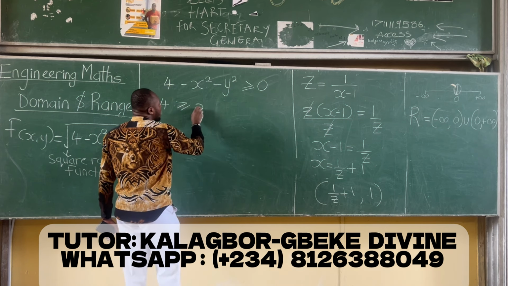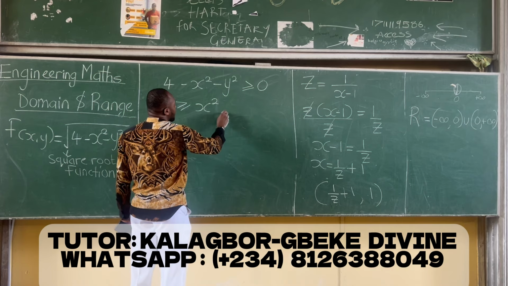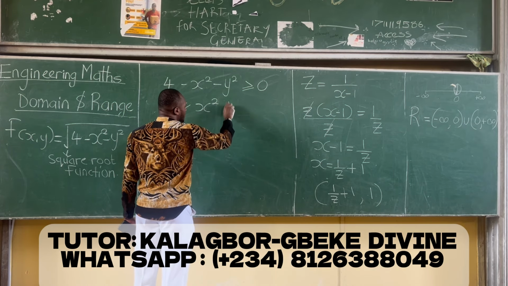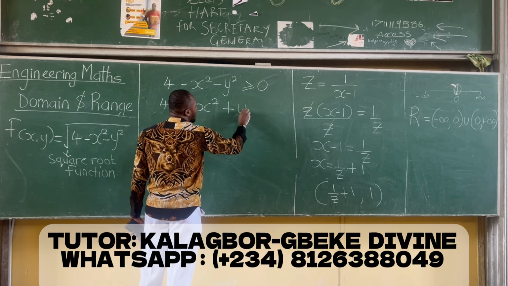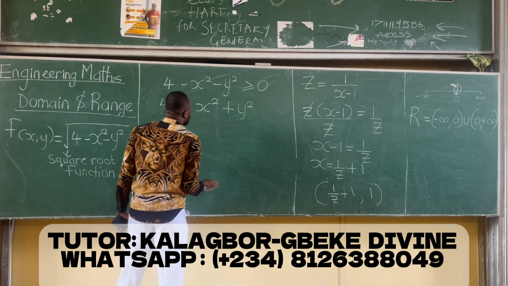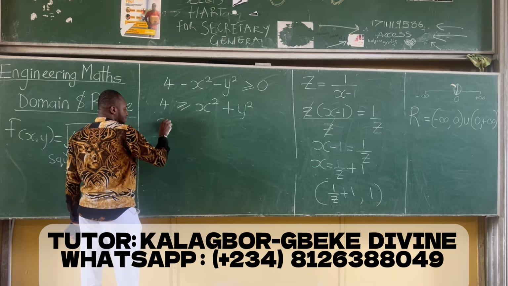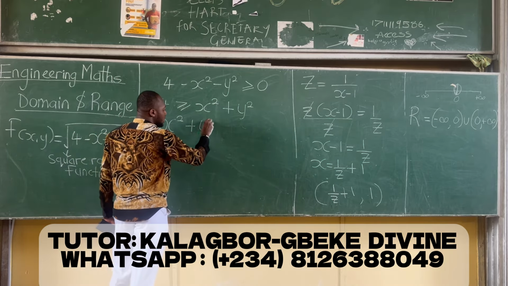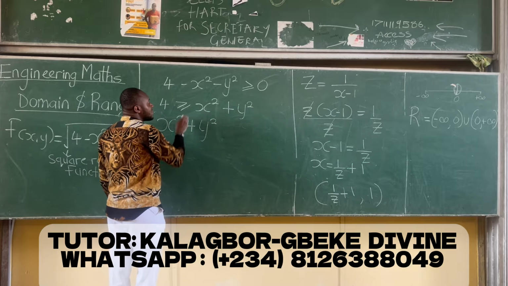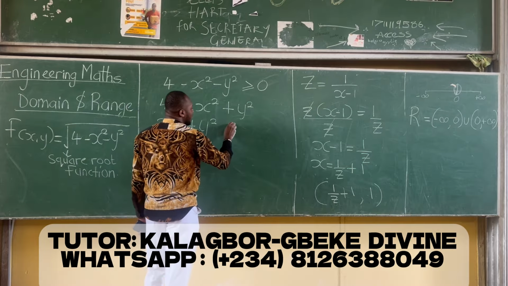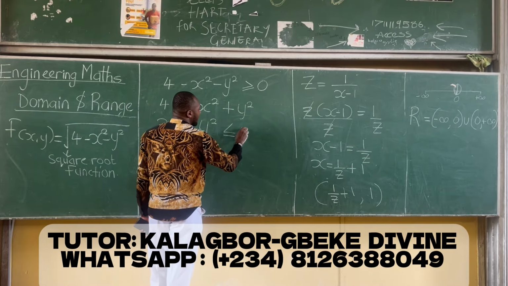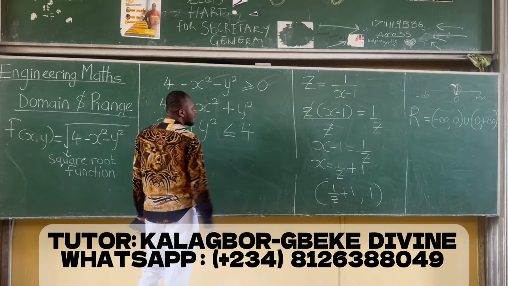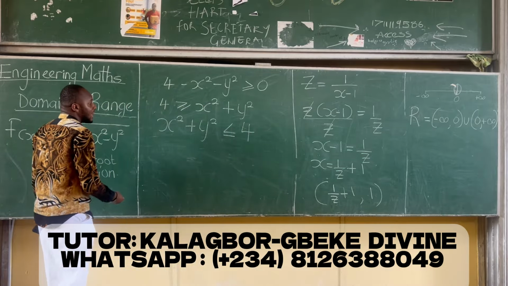This will now change to positive x squared, and this to positive y squared. So let's rewrite: x squared plus y squared, and now this sign will change, it will now be less than 4. So now our domain,